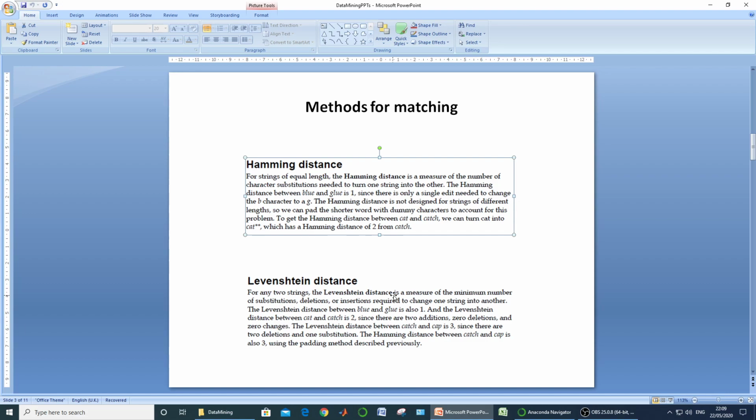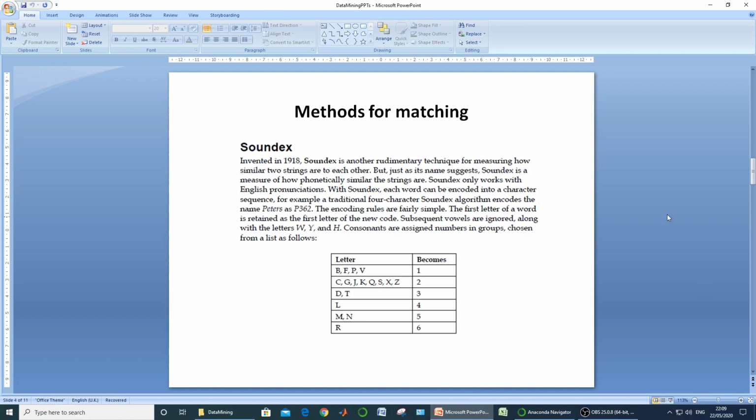So this is the actual meaning of both these distances, which are very heavily used in most text processing applications. Here in the slide, we have provided the example of blue and glue, and found the Hamming distance for blue and glue, and Levenshtein distance for blue and glue, and many more examples also. So let us move to the third one, that is Soundex.